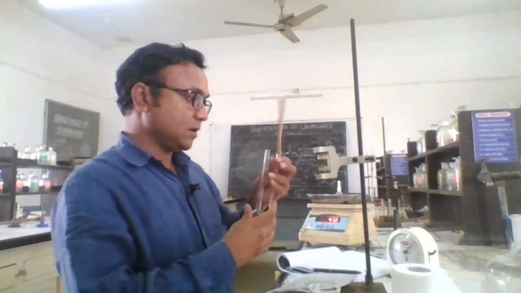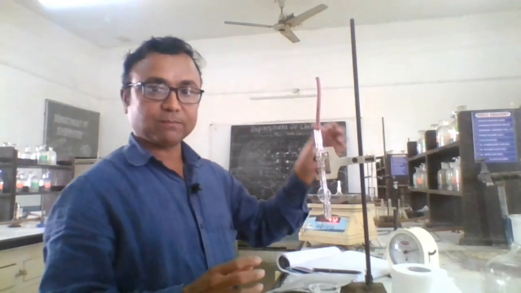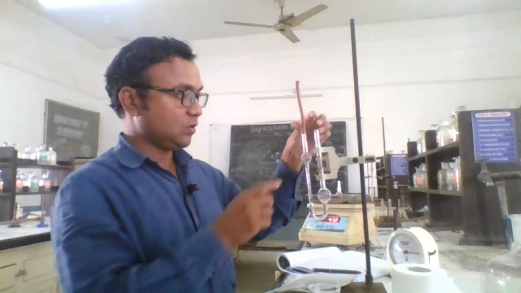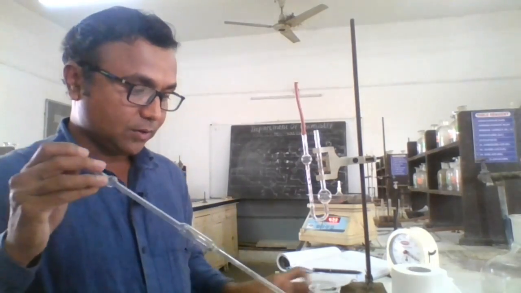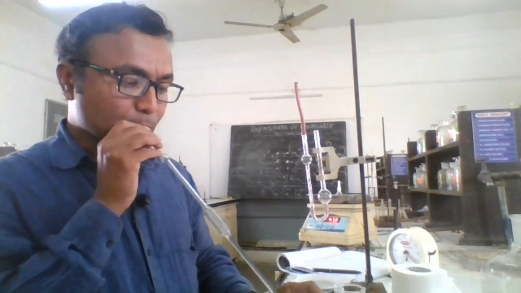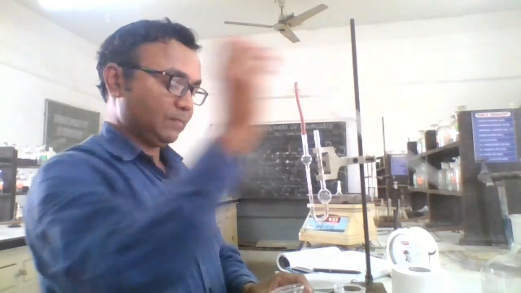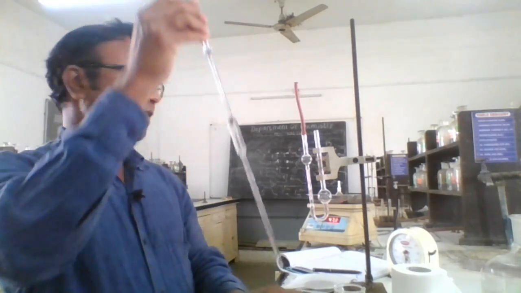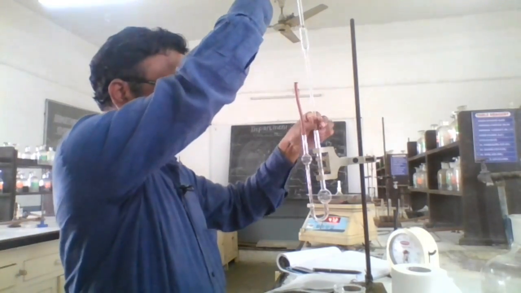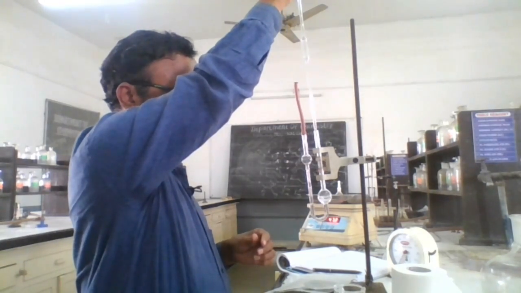In this way you rinse it with the ethanol solution. Now after rinsing with the given liquid, that is ethanol, repeat the same procedure. Again attach it vertically in the burette stand. Again take the ethanol and rinse the pipette also. Take the unknown liquid, ethanol, and insert it in this lower bulb from this particular side so that it is completely filled.